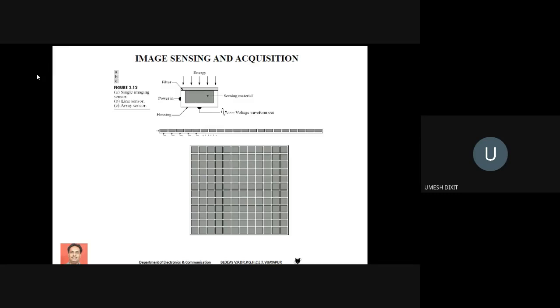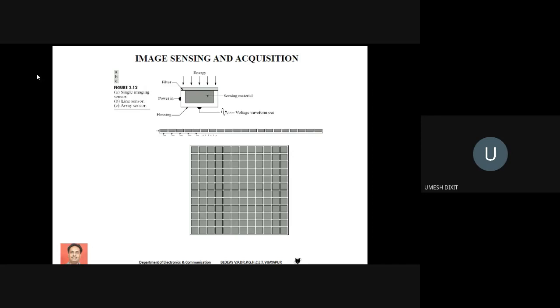Okay. So basically, in this part, we are going to discuss about different types of sensors. Then we discuss about a concept called sampling and quantization. And after that, we discuss about how a digital image is represented. Along with that, we discuss about some of the relationships between the pixels. These are some 3 to 4 topics we are going to discuss in the second part of this first module. Okay, first topic we have is the different sensors used for sensing of the image.